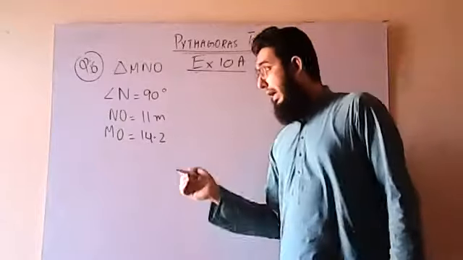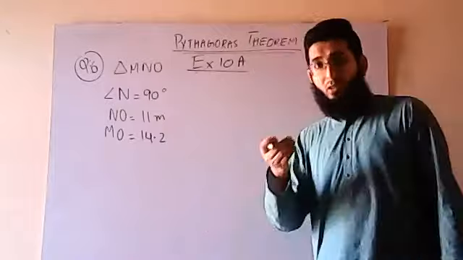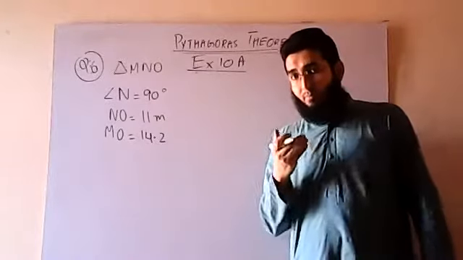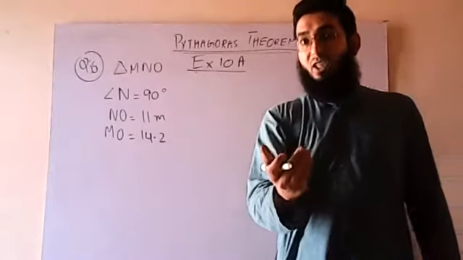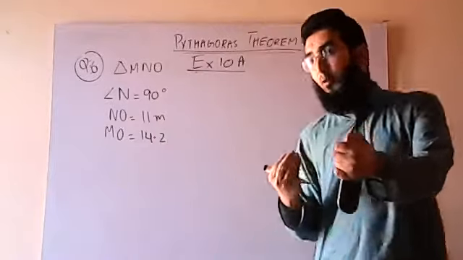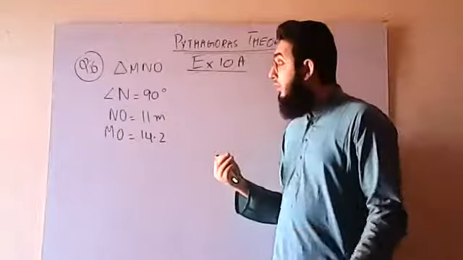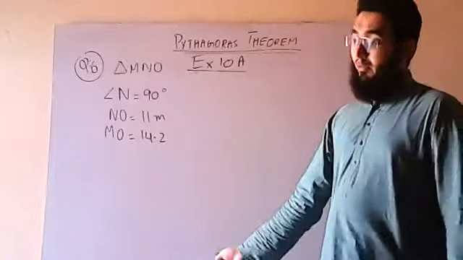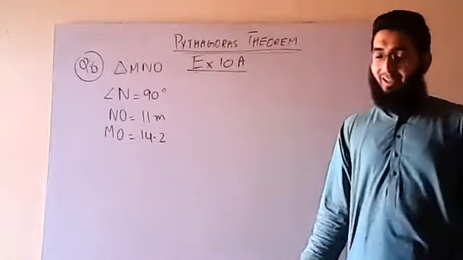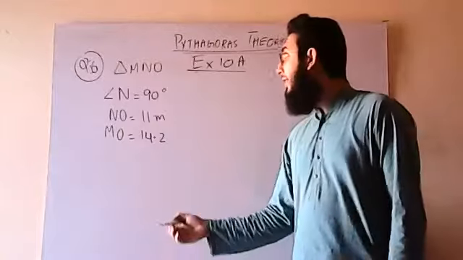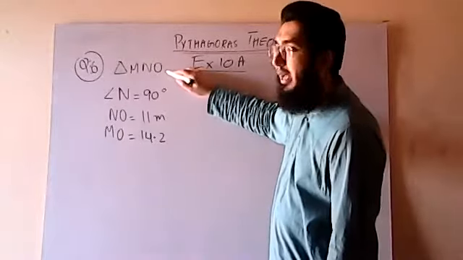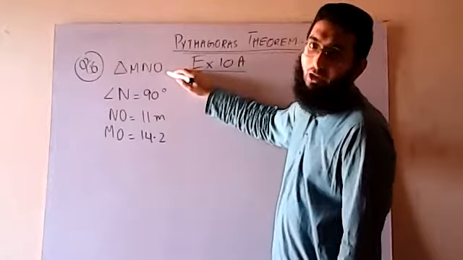If you see, with the statements being told to me, I am filtering out the important data out of the word problem. The first thing the author of the book said was triangle MNO. I knew that it's a triangle MNO. मैंने triangle MNO लिख दिया.